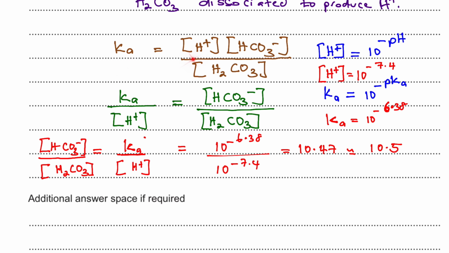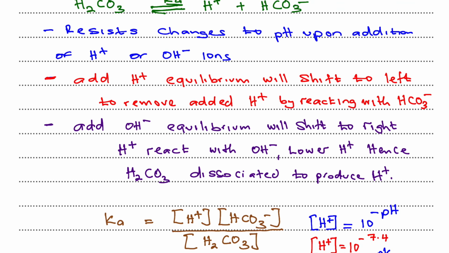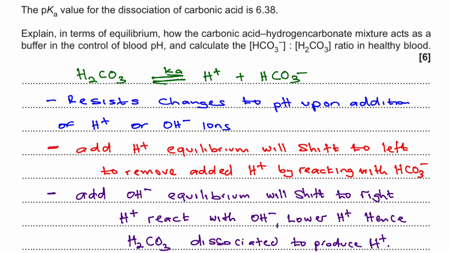So here I've written out the equilibrium constant equation, and you've got the concentration of H+ and the concentration of the salt divided by the concentration of the acid, carbonic acid. So in order to find the ratio of the hydrogen carbonate ion to carbonic acid,